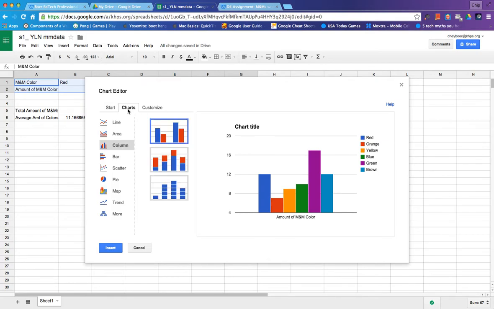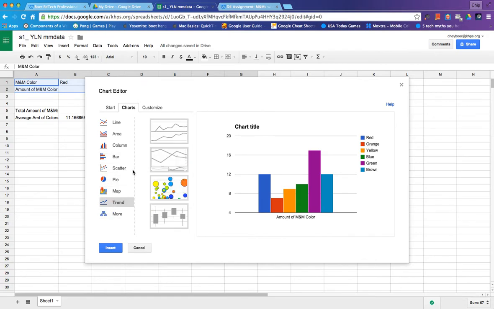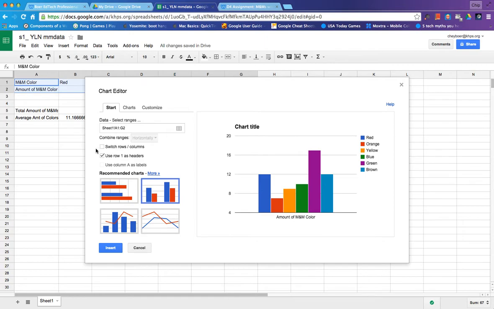Let's go up here where it says charts, because this is where you can change some things. Notice that there are a lot of options here, like when we talked about infographics and some of the tactics that we use in infographics. We're looking at pie graphs right now. You notice they're grayed out right now, and that's because we don't have the data quite formatted right. We have to go back to start, and we have to click where it says